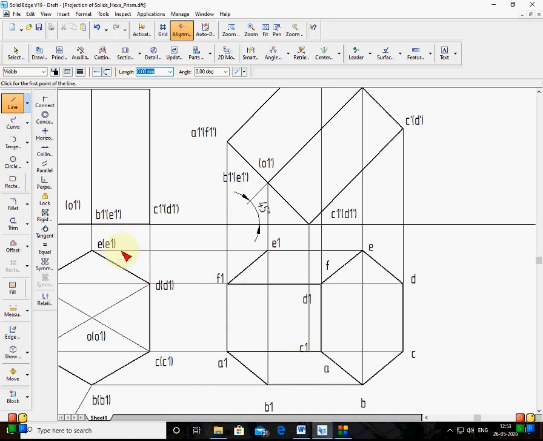Then the remaining points here, C1 and D1. C1 corner is not seen, see here. D1 is also a corner not seen. That means this is hidden. I change the line here. This is C1B hidden. C1C is hidden. D1 the same way here also. D1D is hidden.